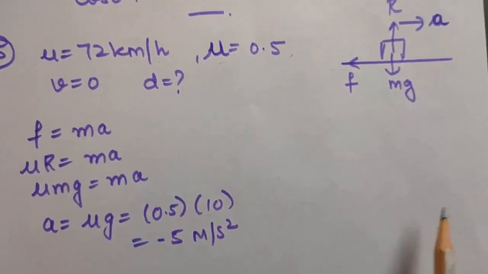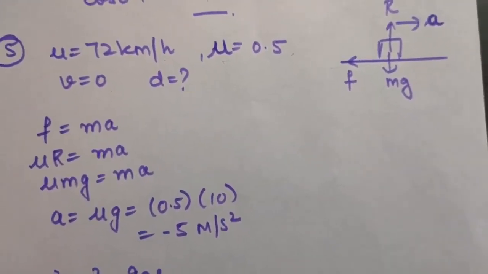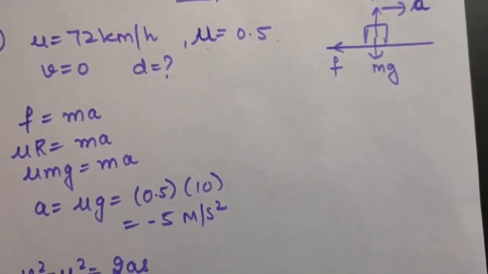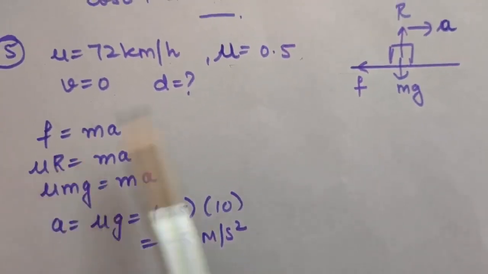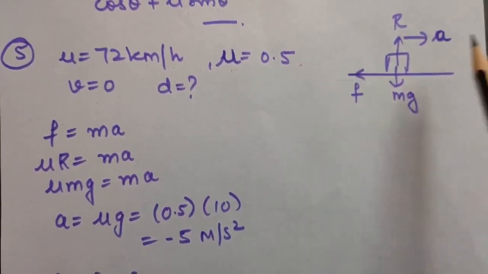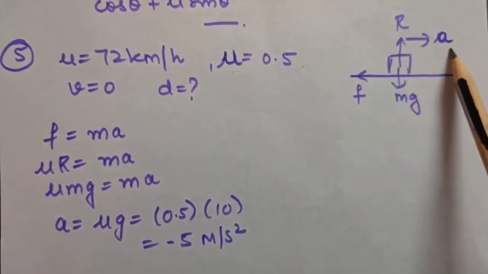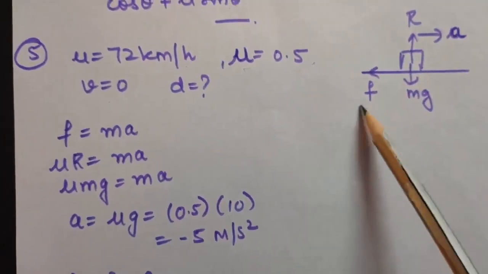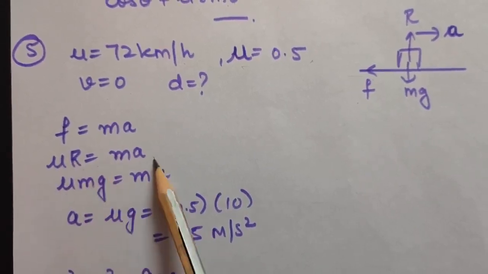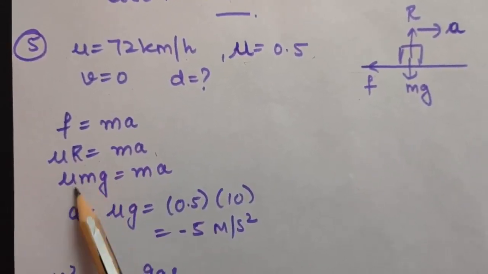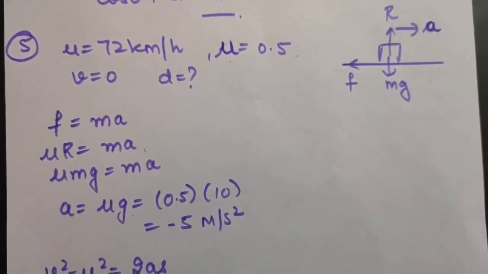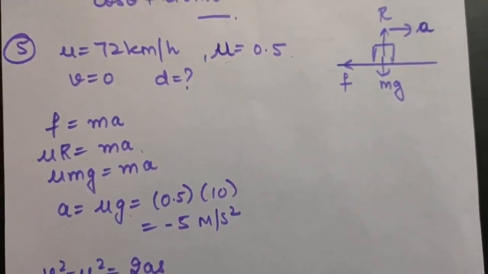Now let us calculate the acceleration of the car, or you can say retardation, because if the final velocity is 0, that means there will be retardation in the car. So as you know, R is acting upward, mg is downward, force of friction will be backwards. Let us suppose the car is moving with acceleration a. Now if you form the equation of motion, this f will be equal to ma, right? And force of friction is nothing but mu R is equal to ma. R is again mg. So from here m will cancel out, a will come to be mu g. Put the values, you will get 5 meter per second square. I am using minus 5 because it is retardation.